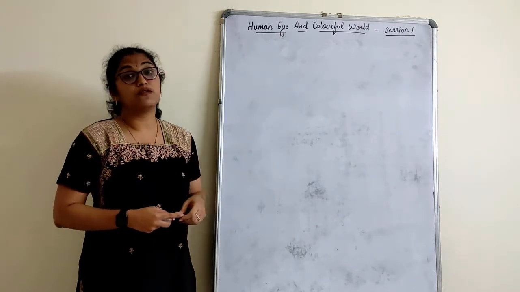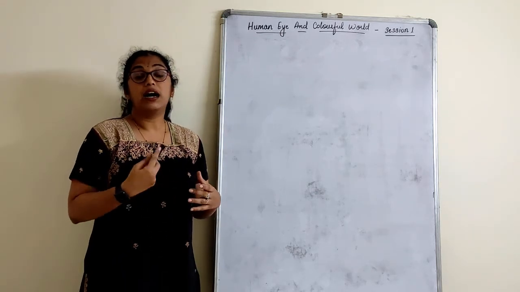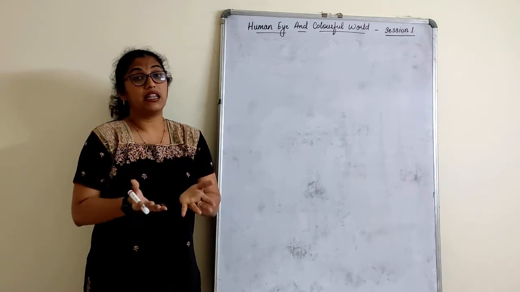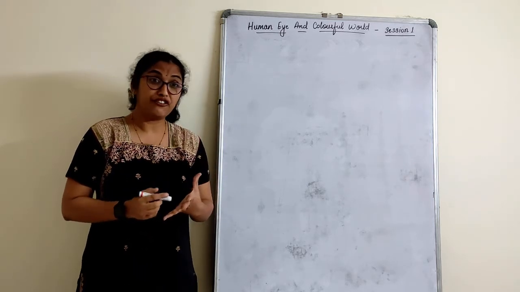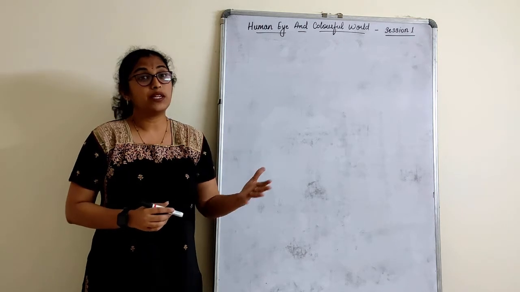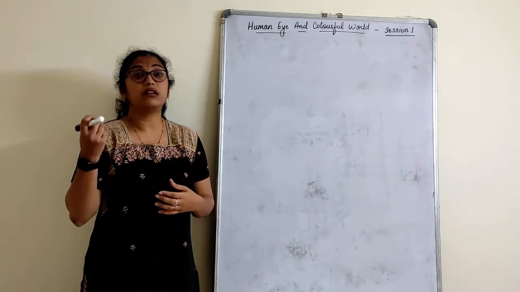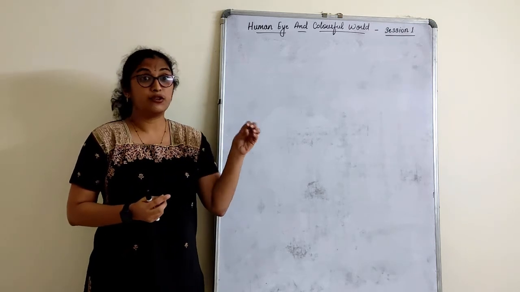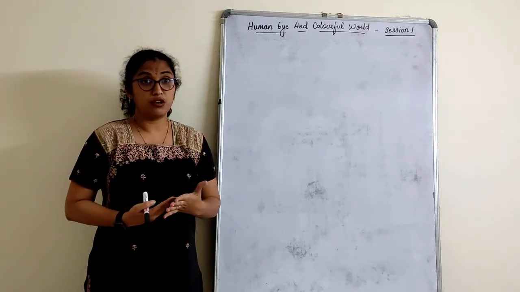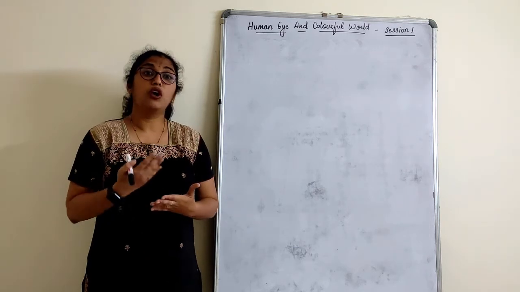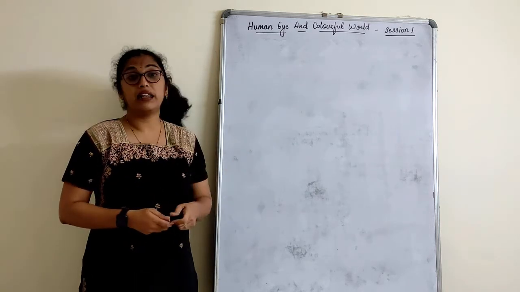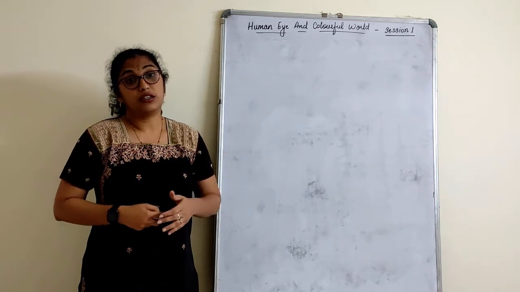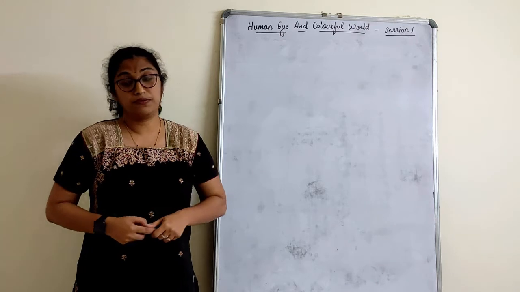And in the second part of the lesson, that is Colorful World, how are we able to see this colorful world? That's only because of refraction of light. That is, why does the sky appear blue? Why do stars twinkle? Why is the color of the sunset and sunrise red? Dispersion of light, appearance of a rainbow. All these things we'll be studying in the colorful world. So let us understand more about the human eye, its figure and the construction.